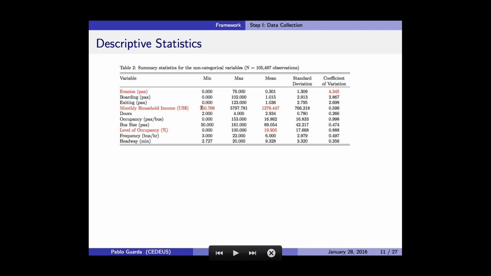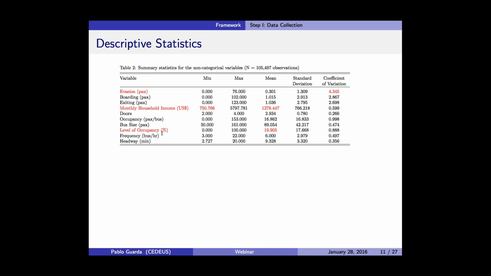We can observe the minimum monthly household income is $750. The maximum is 6,000, and the mean is pretty low. So we have a sample taken in very poor income areas in Santiago. And then the level of occupancy, which we calculate as the number of passengers on the bus at the moment